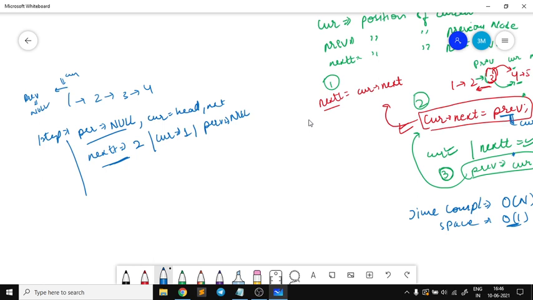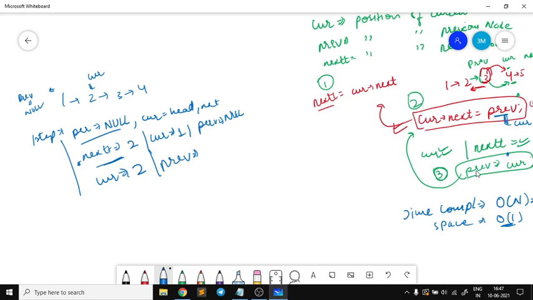Now once this is done, my current will now move to the second, right? Because this will be my new current. It will be erased, it will be my new current. And what will be my previous, right? As you can see from here, I wrote down previous equal to current, so my previous will update to this one. Previous was null, now it will update to 1, right? So for the second step, previous will become 1 and next will be updated to 3 in the next turn, right? So let us keep it here as it is. Now as I said, its next pointer was here, correct?